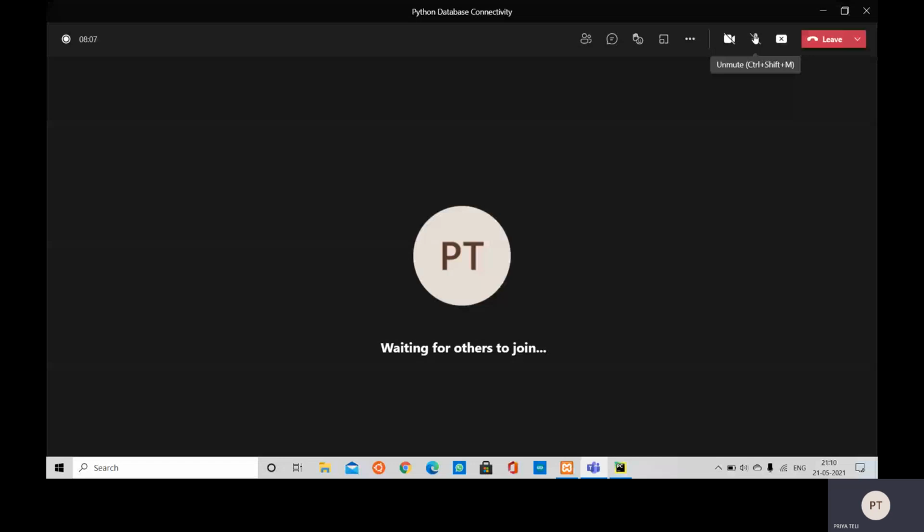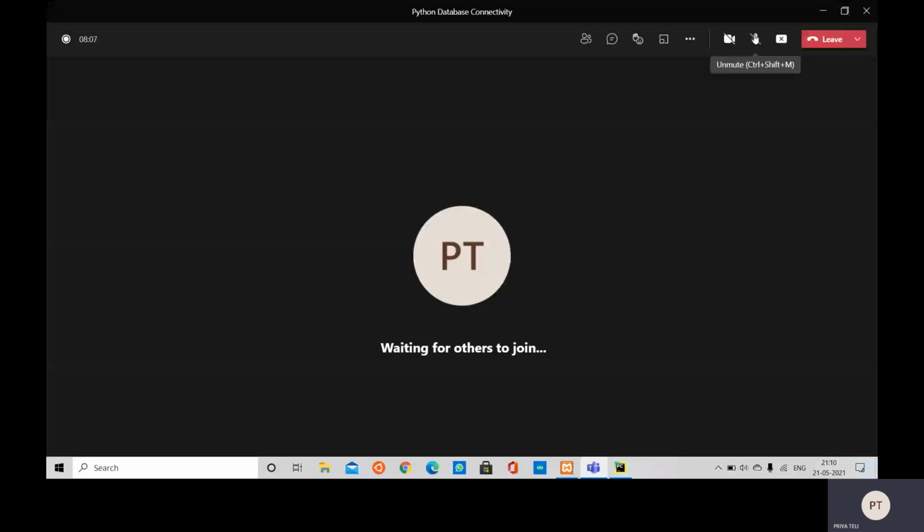Inside this, you need to install two required libraries. First, go to File, then Settings. Inside that, go to your project and then Python Interpreter. Here you will be able to see the packages already installed. Then go to the plus sign and type the package you want to install.